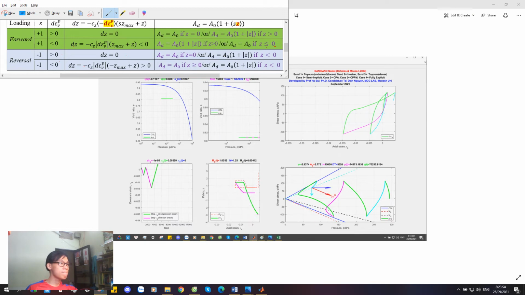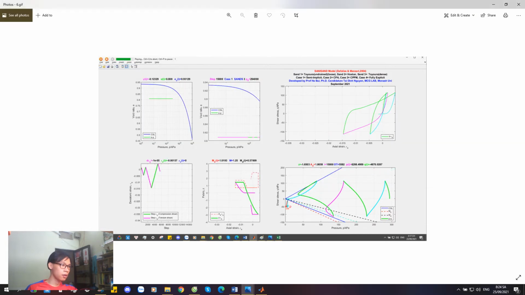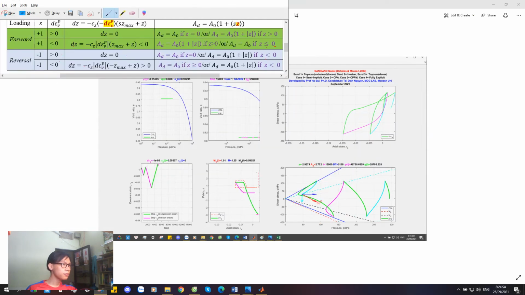So that's why we have to use this formulation, because C is negative and X is minus 1. So we have AD. You can see when C is negative and did not change, we have a new AD. It's 2.772. Okay, it changes immediately from A0 to this new A, because Z is negative. But when we go to negative here, the next stage is